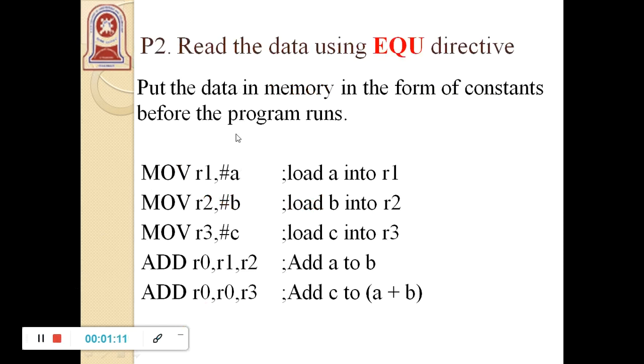So here is the program for that. Read the data using the EQU directive, which is also one way of storing values in memory. See here, you can notice the difference between my previous code and this code. In the previous code, we had written directly a equal to